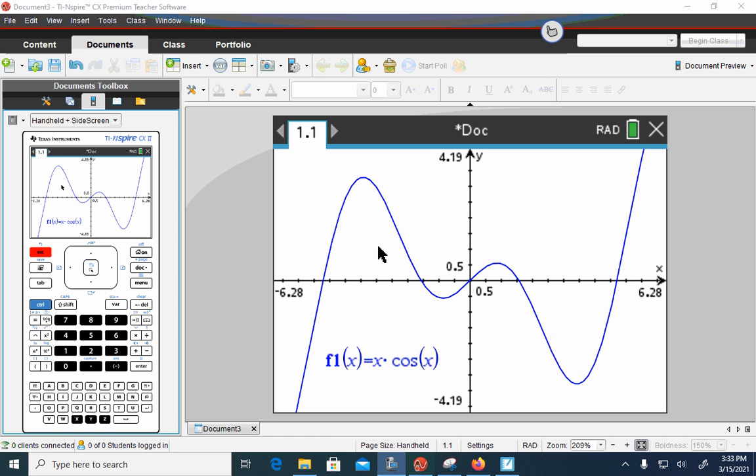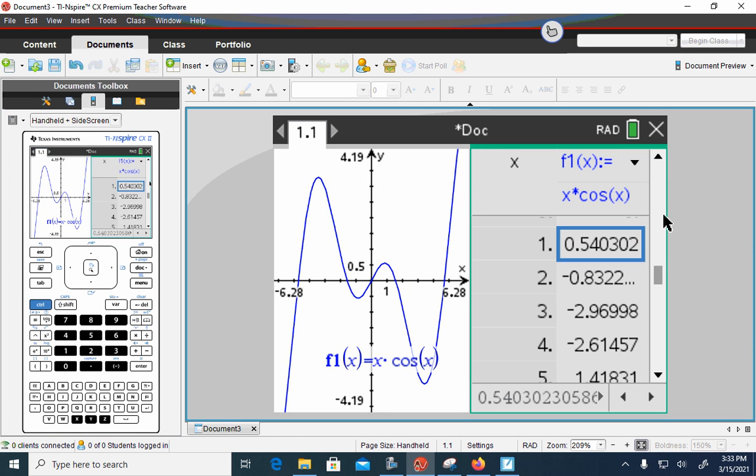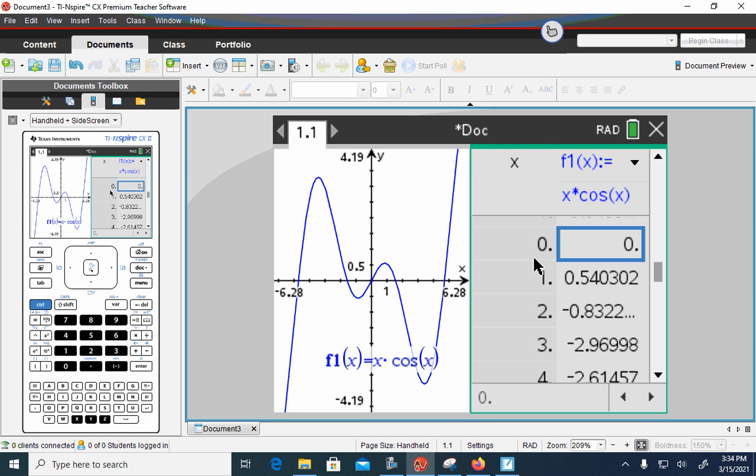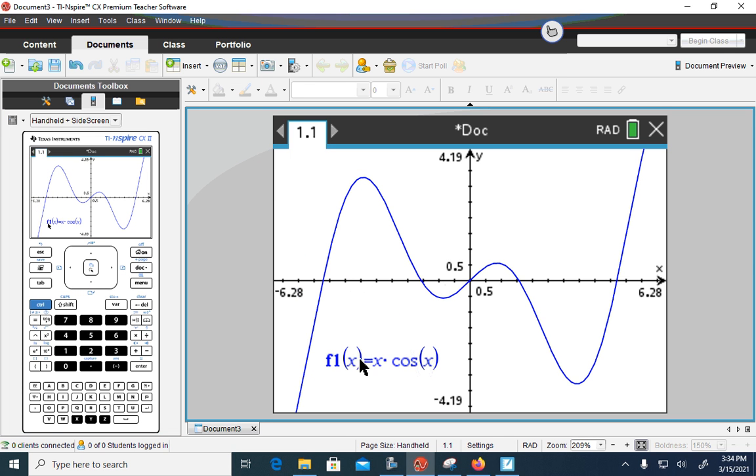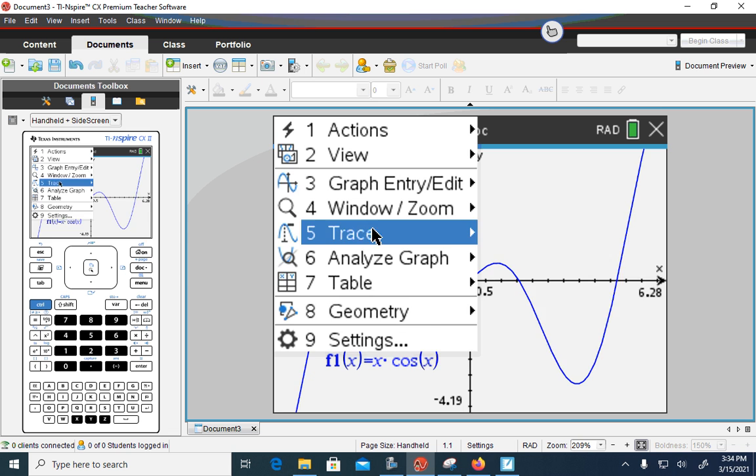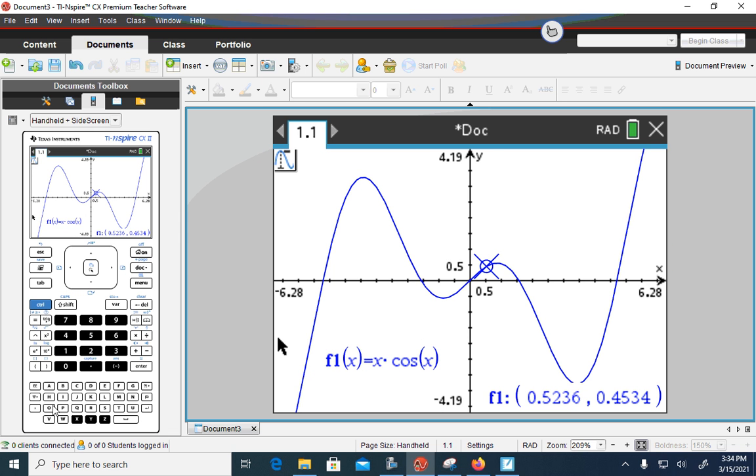And when I do this, I can see that it appears to be continuous. So when I go to Control T and look for 0, I get 0 is equal to 0. So for part A, the limit as x approaches 0 is going to be 0. The second one is asking me to find pi over 3, which is obviously not an x value on my table. So I'm going to hit Menu, Trace, Graph Trace, and then I want pi